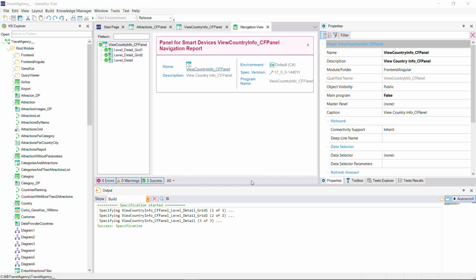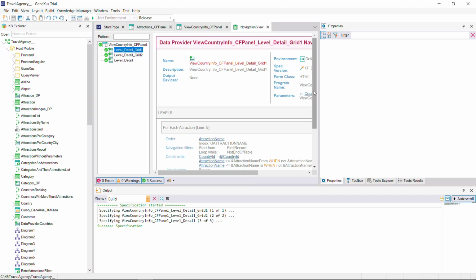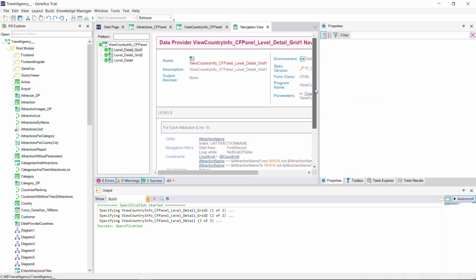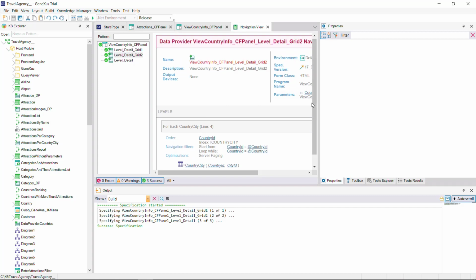If we go to the navigation list, we see that now there is a level detail entry for grid 1 and another one for grid 2. For grid 1, we see the access to the attraction table and the navigation of the formula that we saw when we implemented the Attractions CF panel. If we select the node corresponding to grid 2, we see that the grid is accessing the country city table to show the cities, and that the filter being used is country ID by the attribute received in the parm